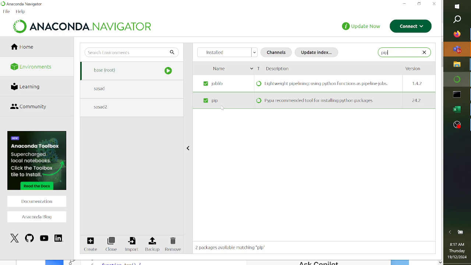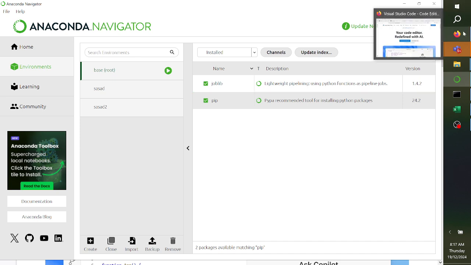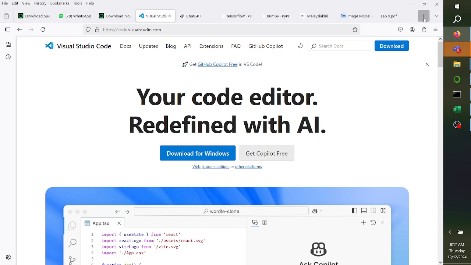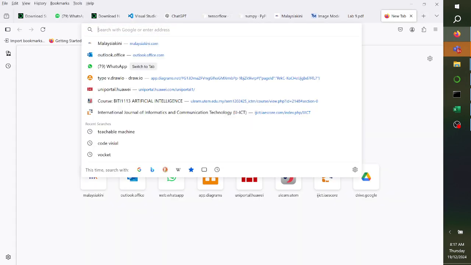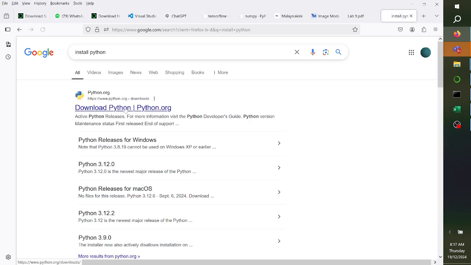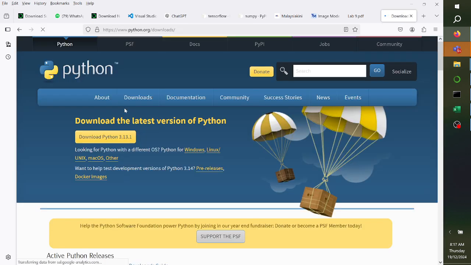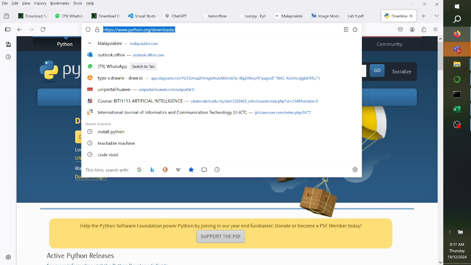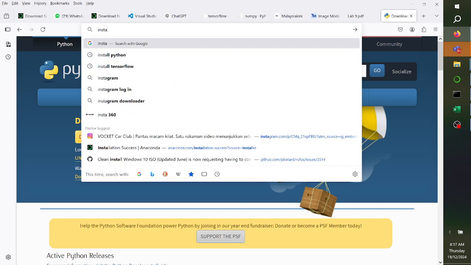After we have checked Python and pip, let's say if we don't have Python, we are required to do the installation. How to do the installation? If you don't have Python and pip, you just search on Google, type install Python. You just download and install it. Same goes with pip, but pip is a little bit different. You just search install pip,